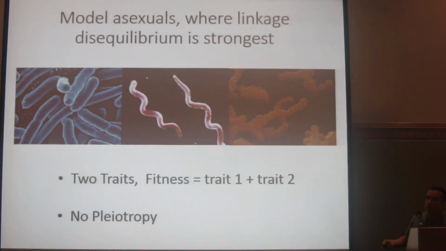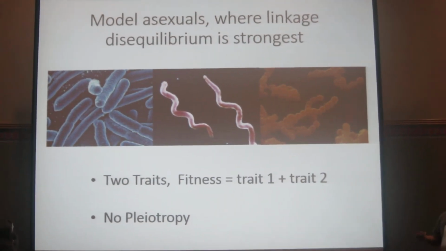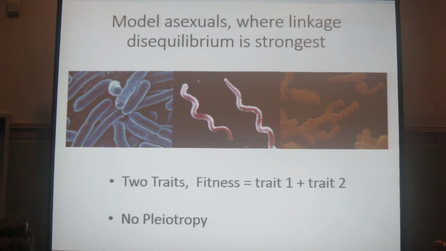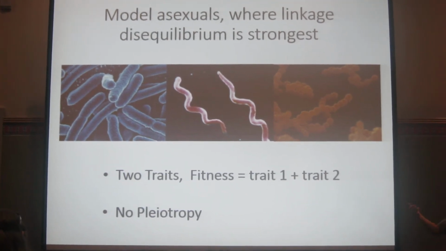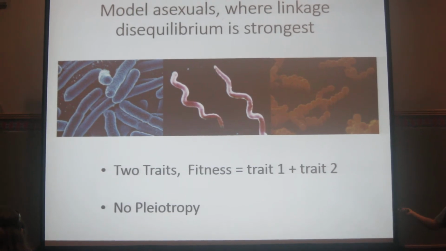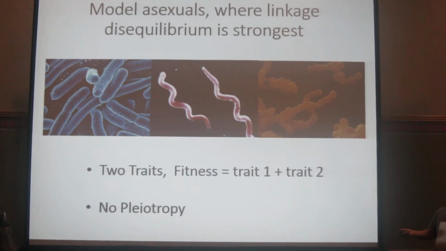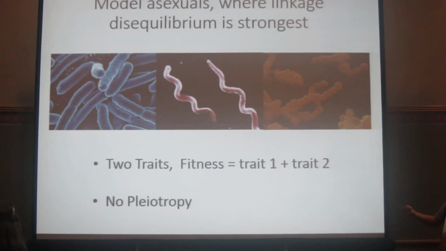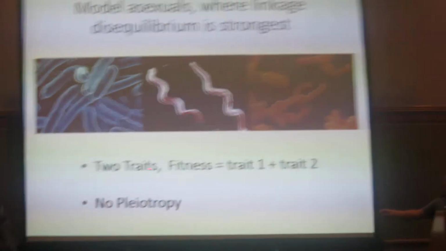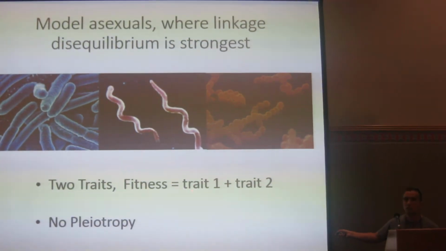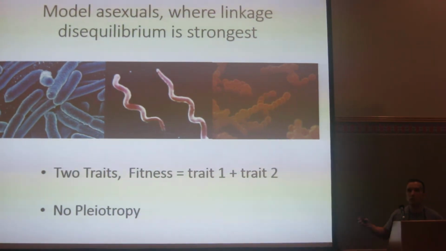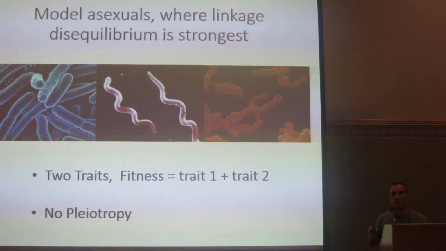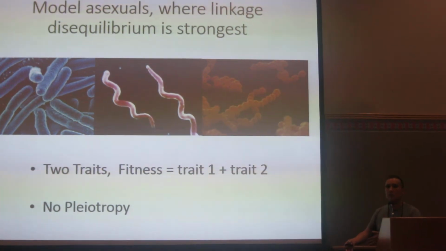So we took a modeling approach to investigate this question. Naturally, we focused on asexuals, where linkage really matters in these groups. We also considered the simplest case, where we're just looking at 2 traits, and each of the traits contributes to fitness equally. More importantly, we're trying to understand what linkage disequilibrium's role is in shaping the dynamics of the G